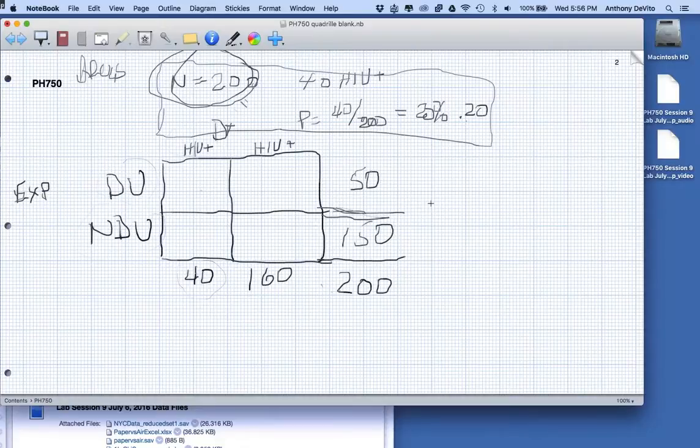I go back and survey all these people. 50 of them turn out to be drug users. 150 of them are not drug users. So now, before I actually make counts of people, are you